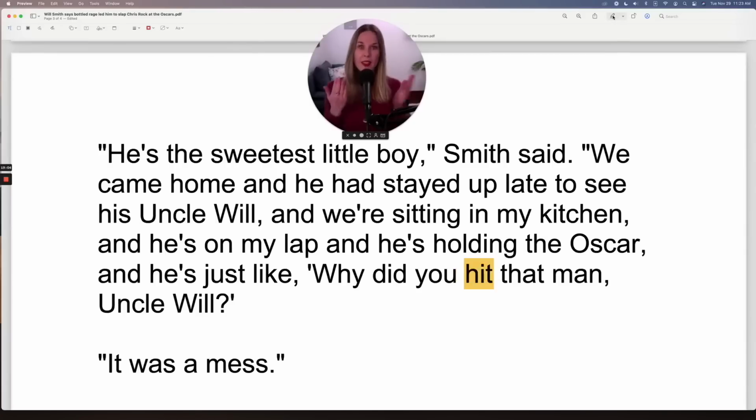Oh, that's really sad. Why did you hit that man? Now, hit can be a slap. It's the same thing. So when I slap you, I would never do that. When I slap someone, I also hit them. It's the same thing. But hit is more general. So this is also hit, but this is also called a punch. So hit is a category, and then within that category, you have a slap, you have a punch, and other forms as well.